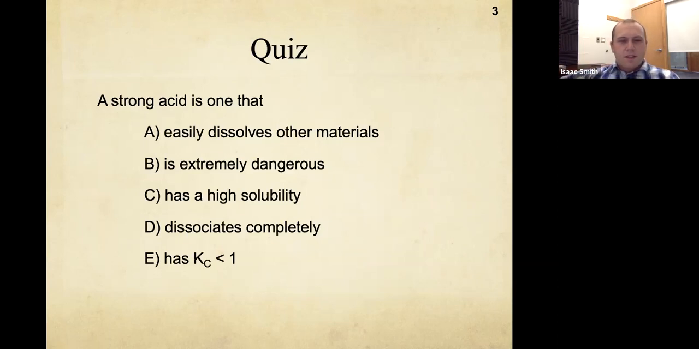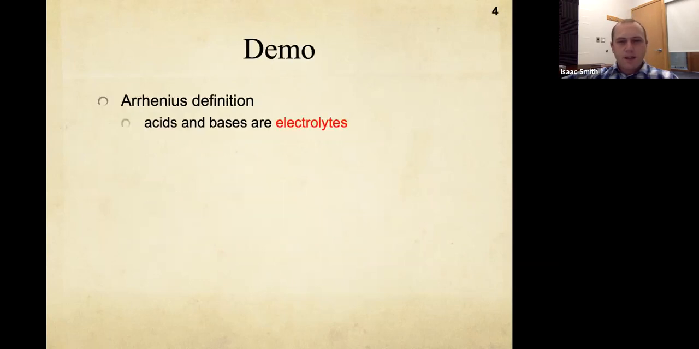Okay, so the question says a strong acid is one that blank. And the answer for this is going to be dissociates completely. And we'll talk about which acids are strong acids, which bases are strong bases, and relationships between those throughout this lecture. Okay, so I'm not going to be doing this demo, but the information on the slide is still really